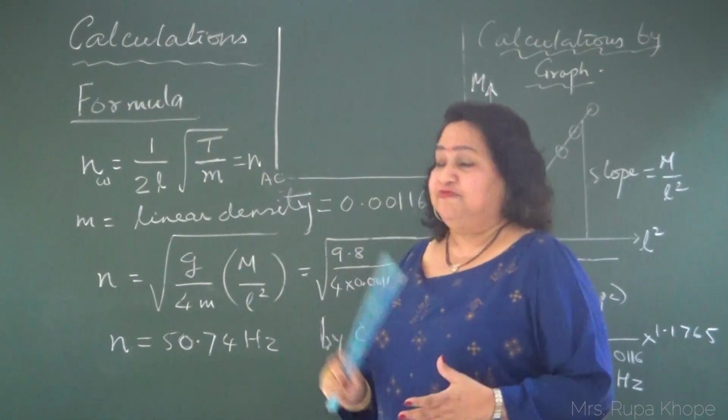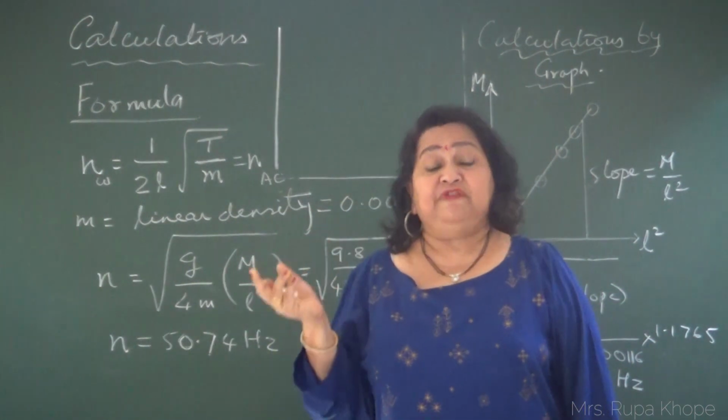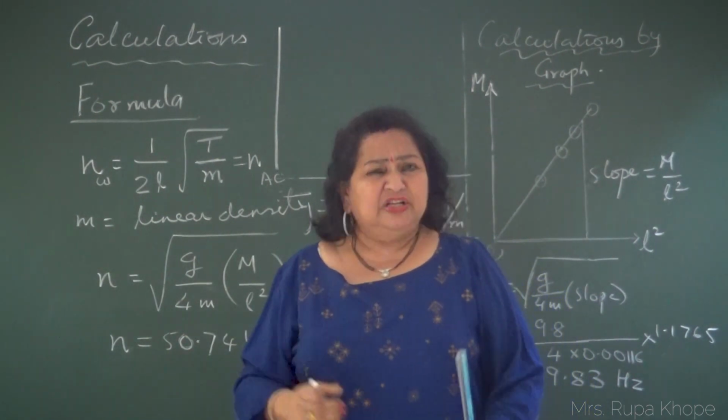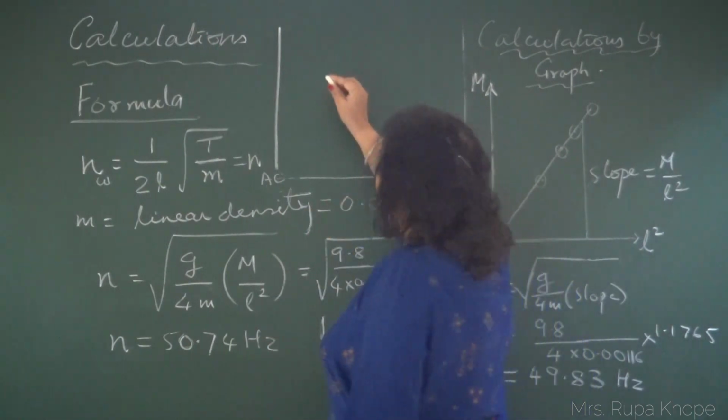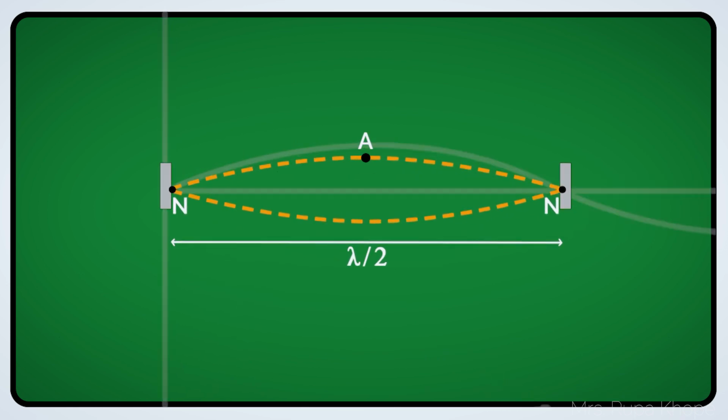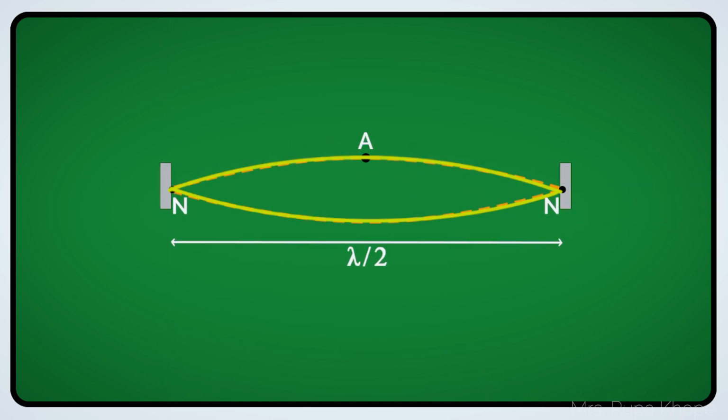Now, how you get this formula, I have already shown in my previous video on concepts. I have given it here in textual form, but just to give an idea, I'll repeat once again. This is the wave. You all know that this is one wave, and its length is lambda. That means this is lambda by 2 and this is lambda by 2. When you get the fundamental mode, what we get is this.